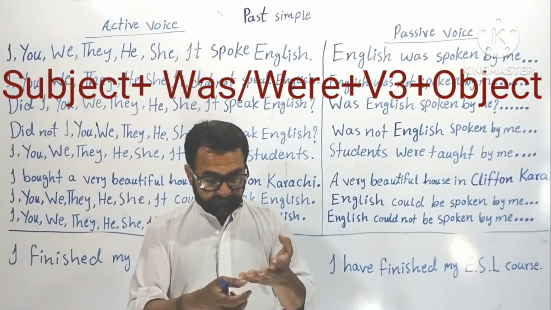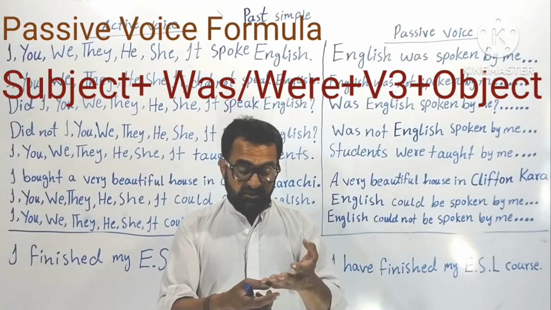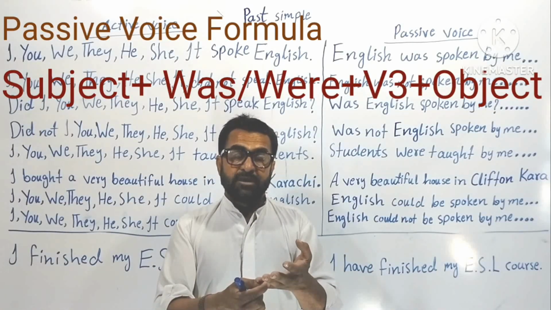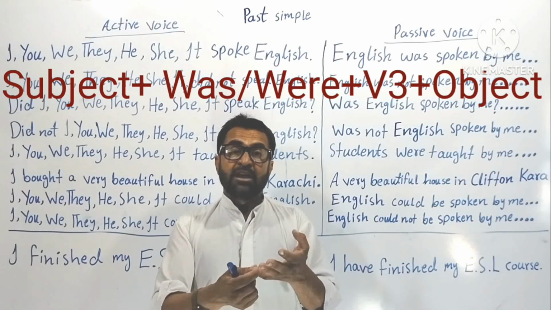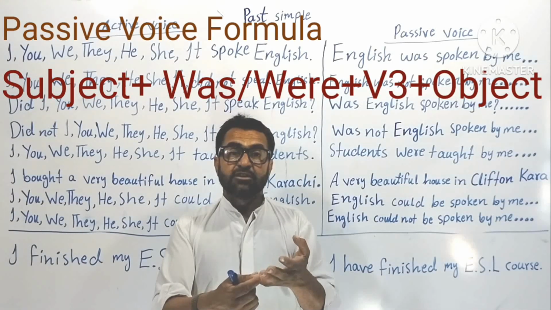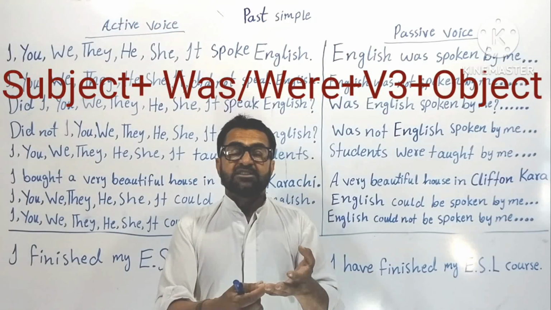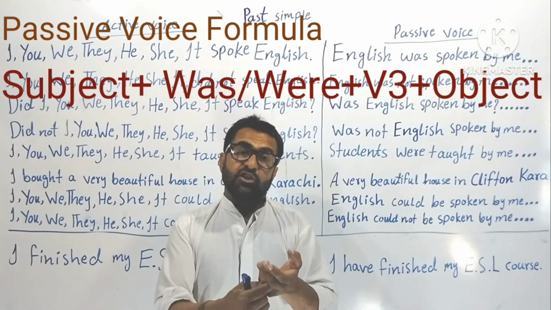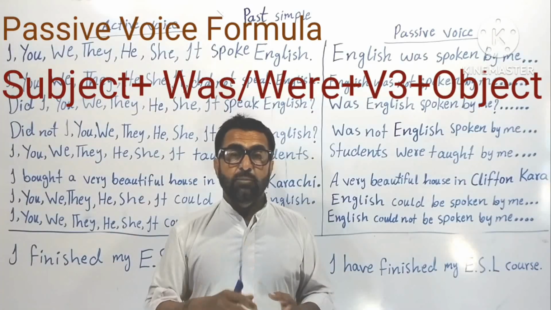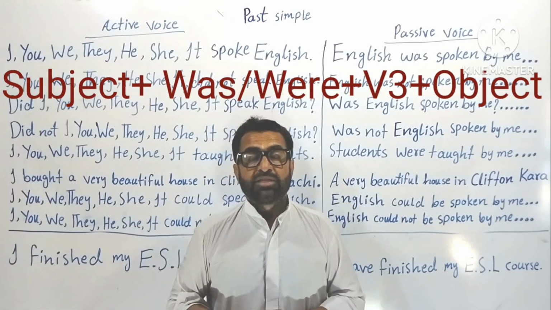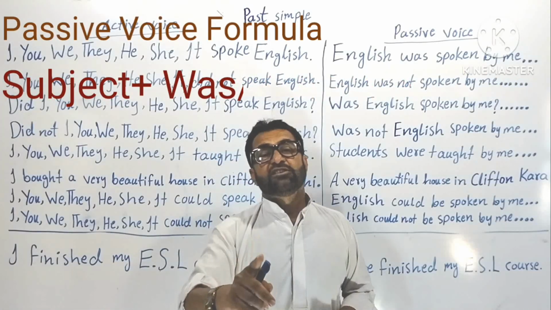Let's do it once again. Subject plus helping verb, was, plus main verb, V3, the third form of the verb or past participle. The fourth thing is the object. Understood? But here you have to remember one thing, that in passive voice,